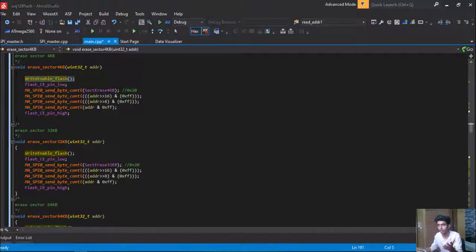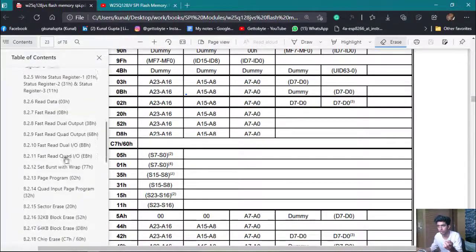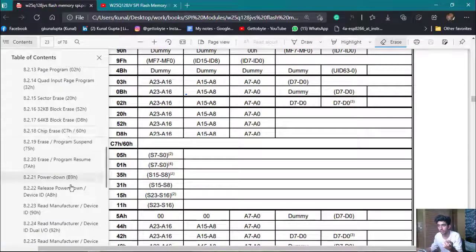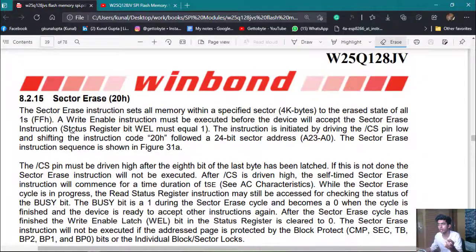Okay, as you can see in the data sheet, if I navigate to the sector erase instructions, here they have mentioned that we first need to send the instruction of write enable.